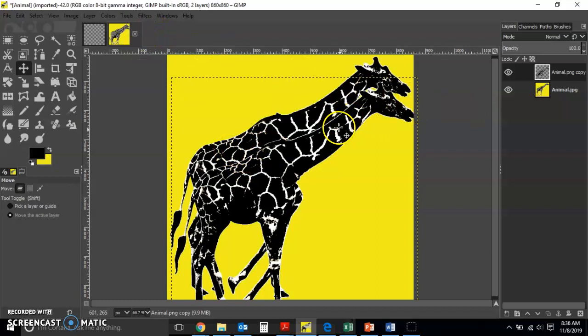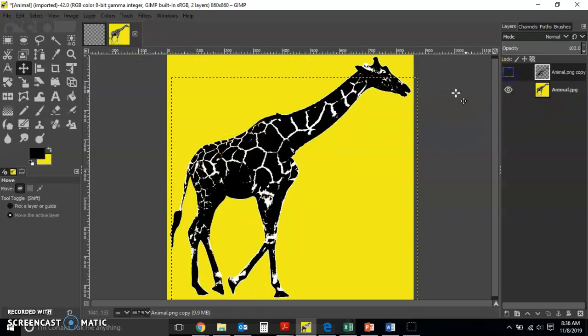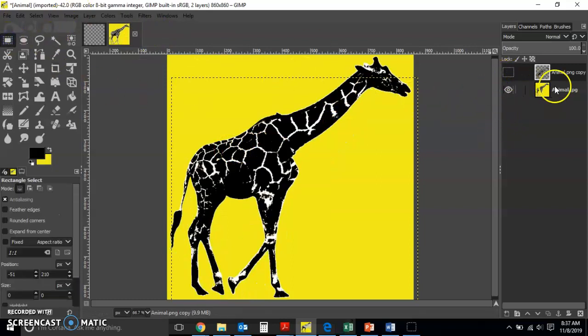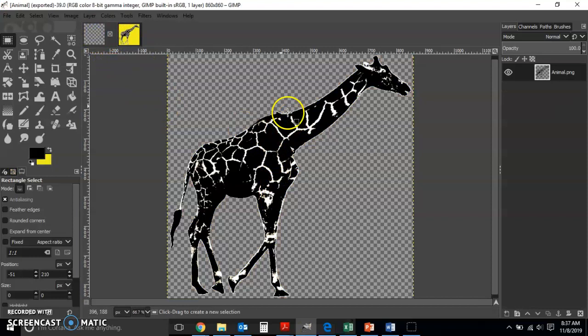Anyhow, when you do not save as PNG, you will end up with something like this, meaning the background data will be preserved. So you actually have a background now. This is a JPEG file and this is a PNG file. Right, so now we are done with